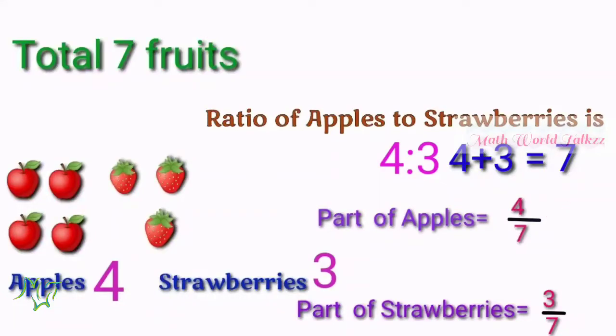Then what about strawberries? For strawberries we can see 3 there. So 3 by again the total, 4 plus 3, 7. So 3 by 7 is the part of strawberries. If the total of some items is given and also its ratio, we can easily find the actual amount by